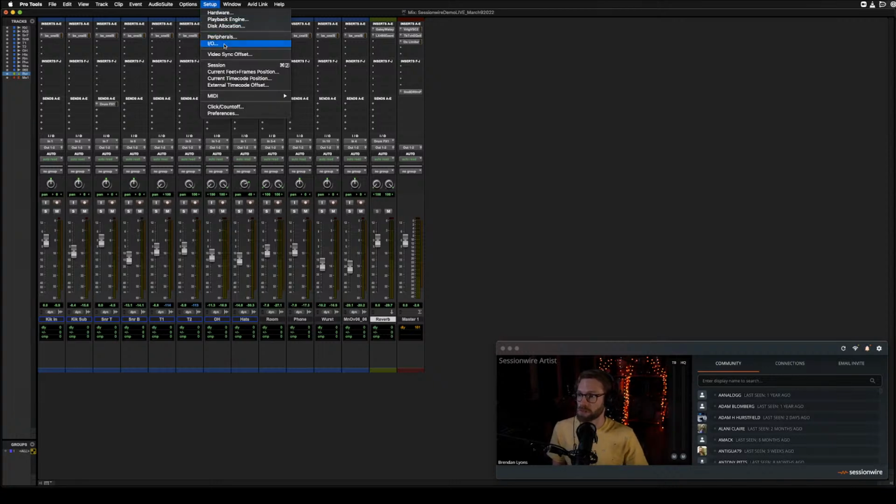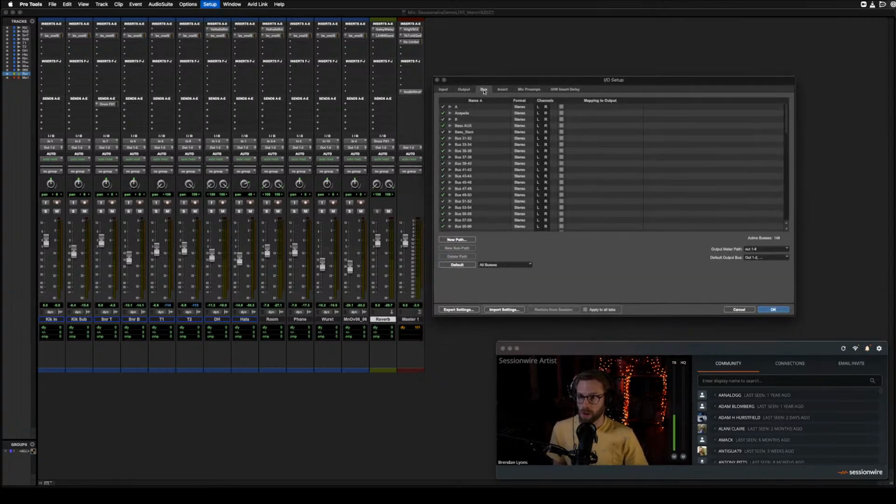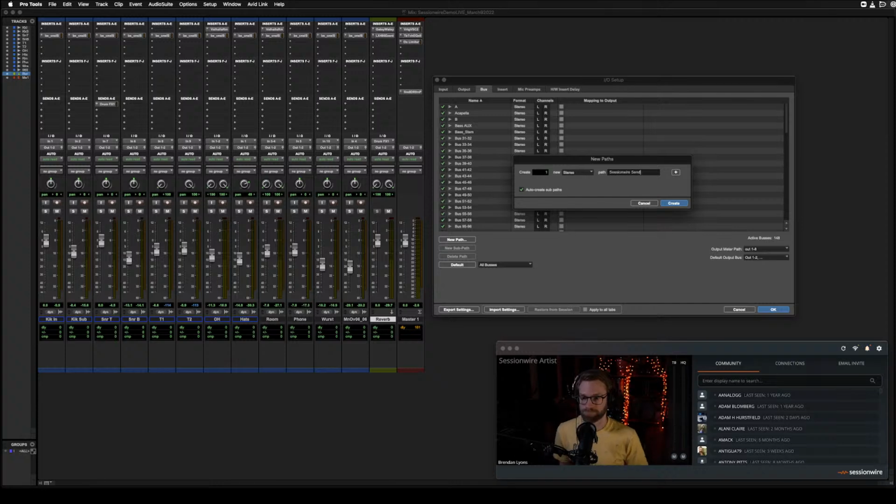I'm going to go to Setup, I/O, head to the Bus tab. I'm going to create a new path. It's going to be stereo. I'm going to create the subpaths as well. That's just something that I do. And I'm going to create a bus called Sessionwire Send, or Sessionwire Mix, or whatever you want to call it. I call it Sessionwire Send because it corresponds to the Sessionwire Send plugin. So create this bus, go OK,